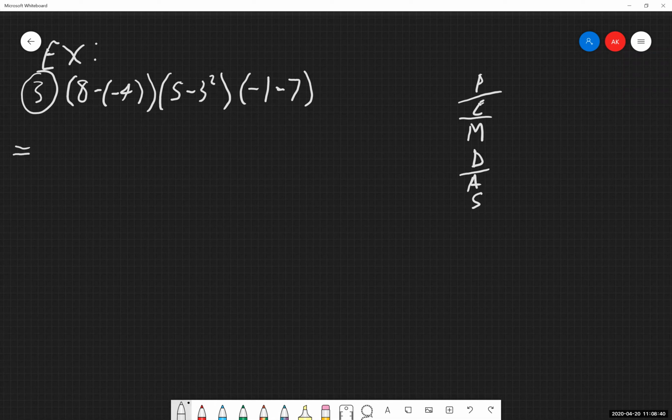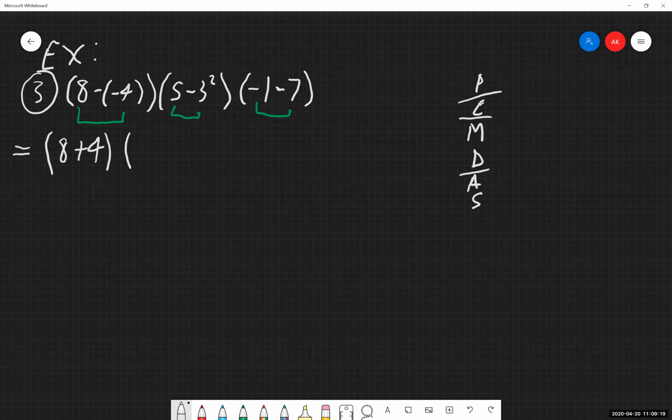So parentheses. I've got 3 sets of parentheses here. All I'm going to do is look inside those and deal with them accordingly. The first set of parentheses, I have 8 minus -4. I have double signs showing up right here. That is the cue, at least for me personally, that I want to get rid of those double signs before I do anything else. I don't like having a minus and a negative. It's complicated. So all I'm going to do with the first set of parentheses is get rid of those double signs. A negative and a negative makes a positive.